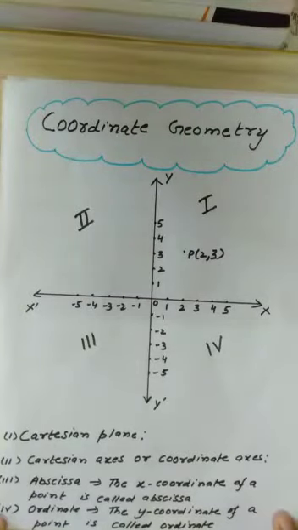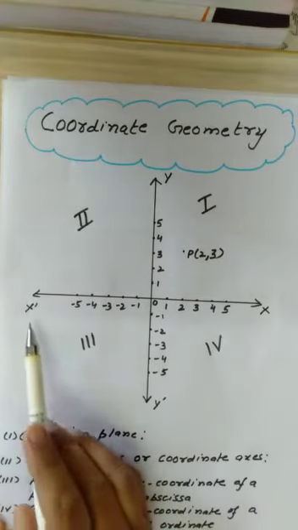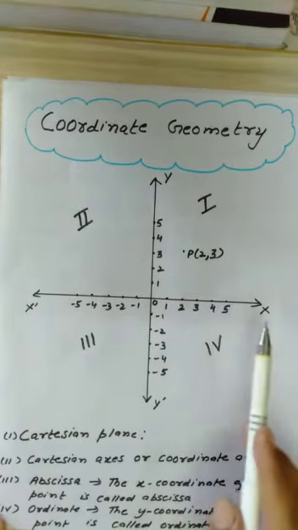Hello dear students, today we are going to start with our chapter 7, which is coordinate geometry. Before starting with the formulas which we are to do in class 10, let's recall a few things which you have earlier done in your class 9 in coordinate geometry. Our coordinate geometry is related to the Cartesian plane, which consists of two mutually perpendicular axes.